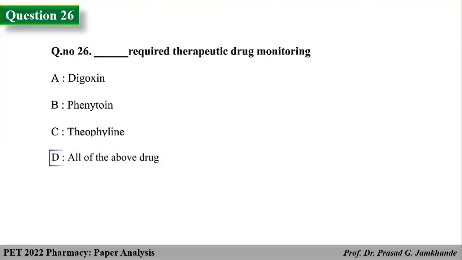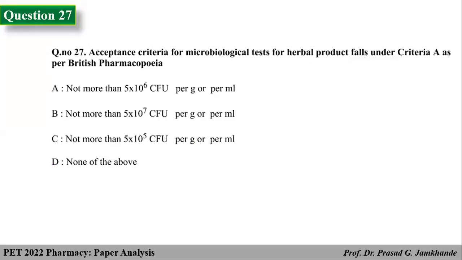All the three drugs, digoxin, phenytoin, and theophylline, require the drug monitoring because the digoxin is used for the cardiovascular complications, example heart failure. Phenytoin is used as an anticonvulsant in case of the seizures, whereas the theophylline is used in respiratory complications like asthma. That means all the three drugs are important and monitoring is required. Next,